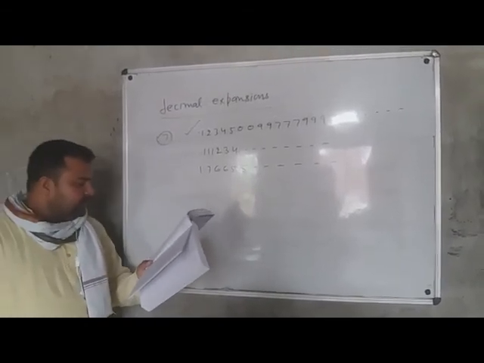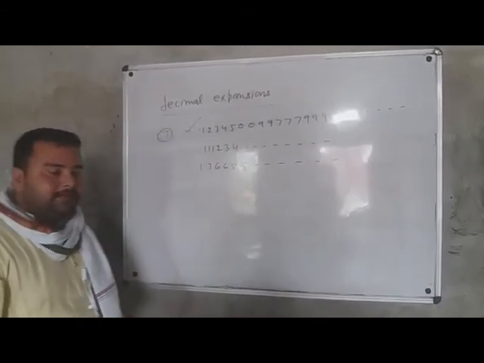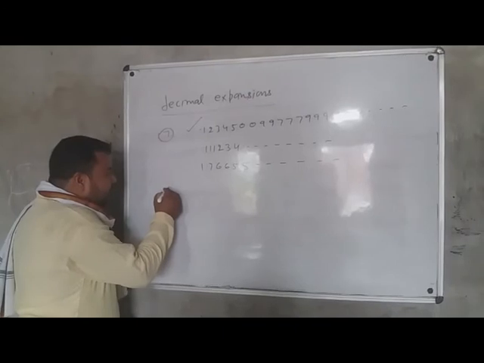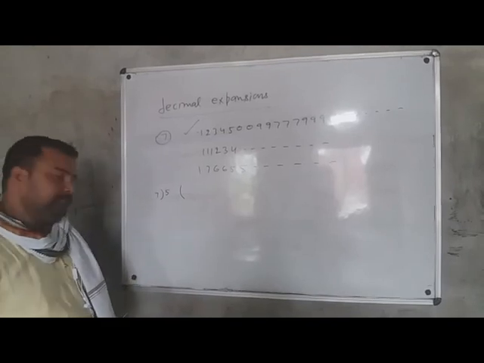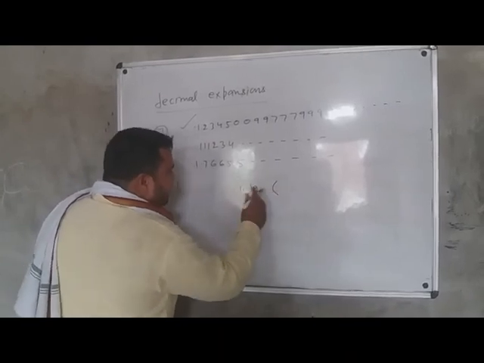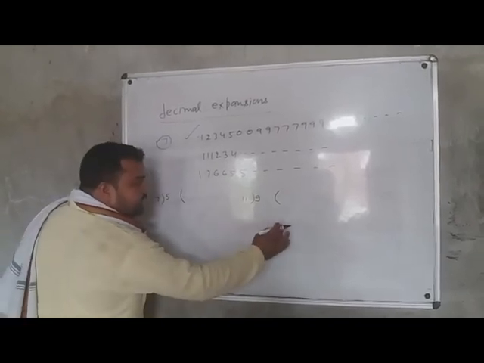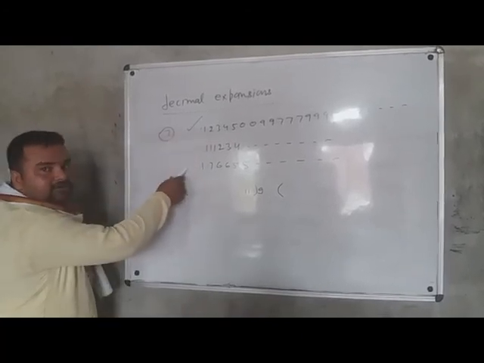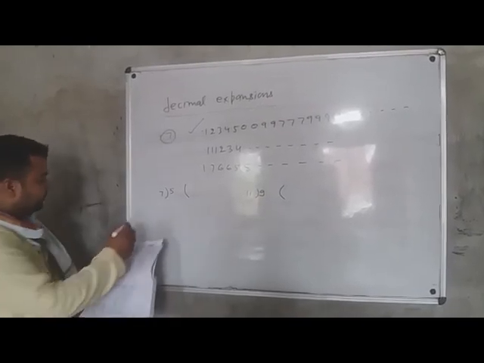Question number 8. Find 3 different irrational numbers between the rational numbers 5 by 7 and 9 by 11. Okay. So I am giving you a little hint here. First you divide 5 by 7. Understand? You will get something. Then you divide 9 by 11. You get something. So between this number and that number you will write any number and that will be your answer. As I solved question number 7, question number 7 and question number 8 are almost equal. Fine.